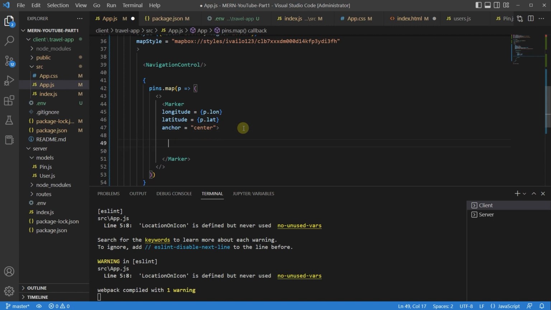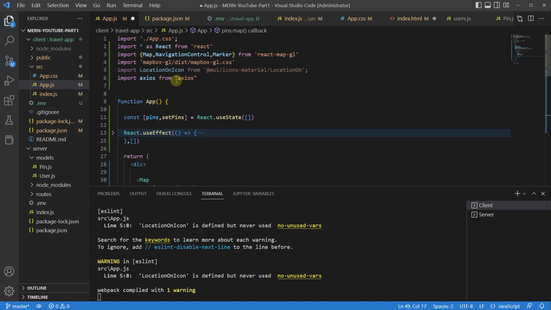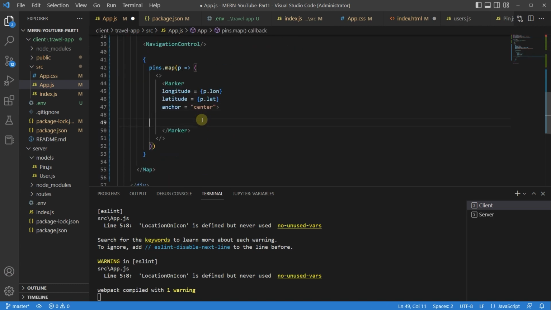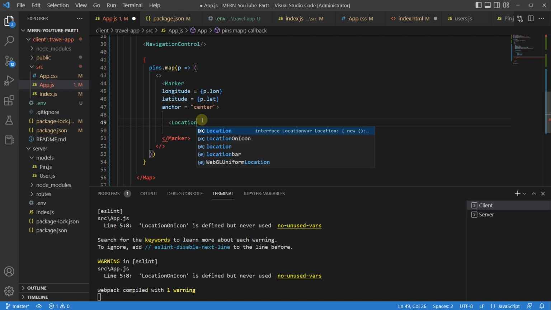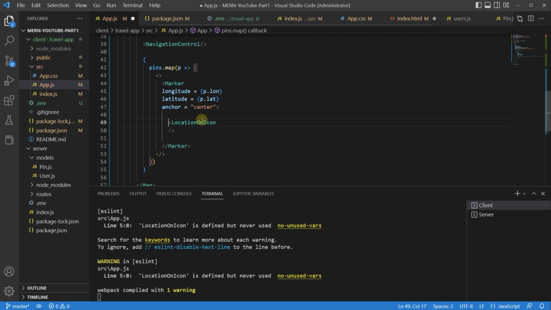All right. And here on this side, I'm allowed to place my icon. Now, my icon was called LocationOn icon, and I can do this. So I have LocationOn icon, and I can close it like this. Good. On LocationOn icon, we have a couple of things to do. So the first thing is I'm going to create a className that's going to be equal to icon, so I can then later on do stuff with it in the CSS, and it's going to apply for every icon. Then I'm going to have onClick,